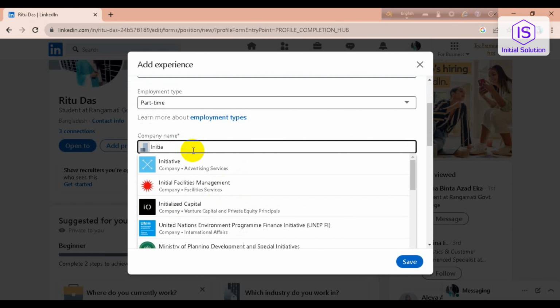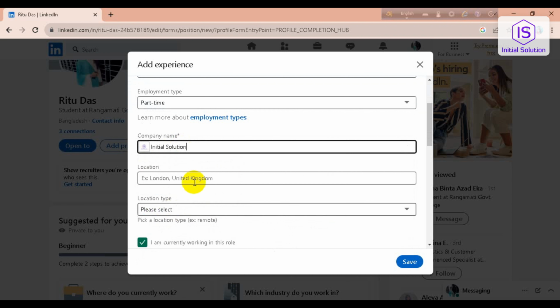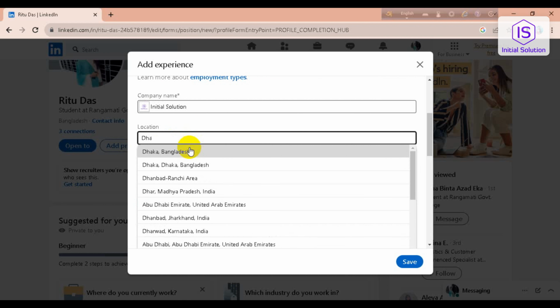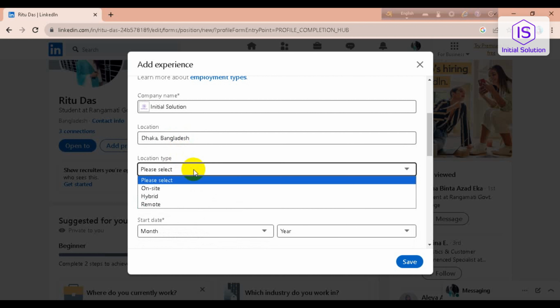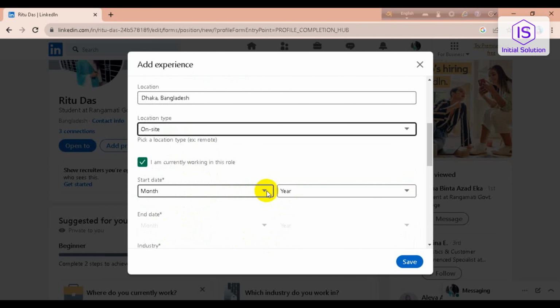Okay, so this is my company, and location, you have to enter your location here, and location type, which is on-site for me,